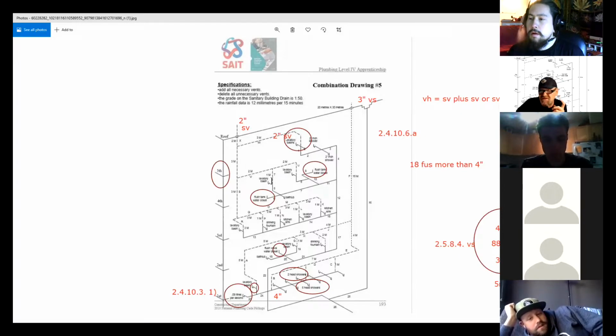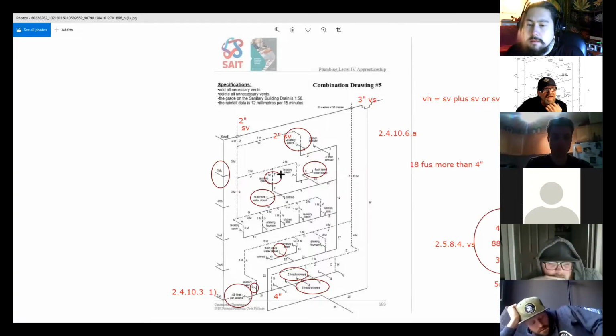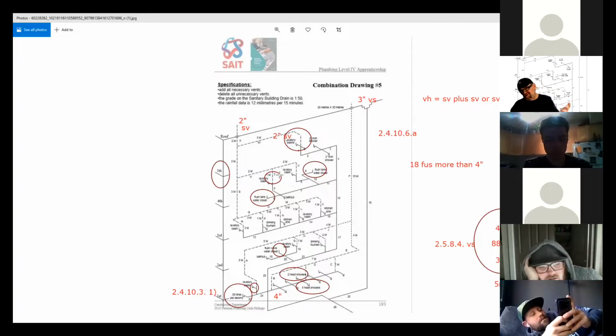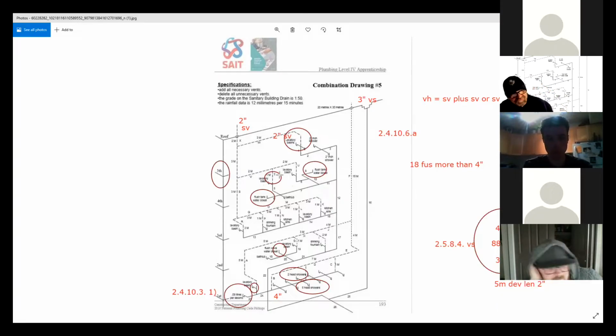So let's just look at it. What's T? What would be this? I'll just circle them. What do we call this? Well, what's it coming off of? What's this here? A bathroom group? So that's a what? Individual vent? Not individual, because it's serving 3 fixtures. Individual continuous? Not individual and continuous, it's just continuous, because it's the continuous vent serving this wet vent for